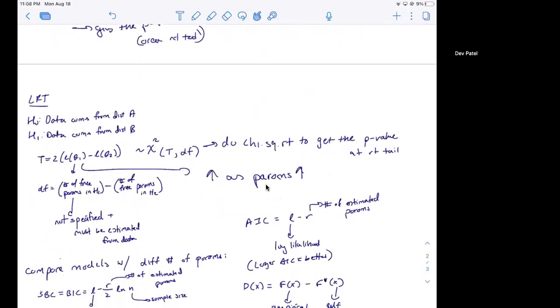Likelihood ratio test is another way to assess model fit. Do these points come from distribution A? Do these points come from distribution B? Right, so that's your null and alternate. The test statistic for this is 2 times the likelihood function evaluated at theta 1 minus the likelihood function evaluated at theta 2, which follows a chi-square distribution of